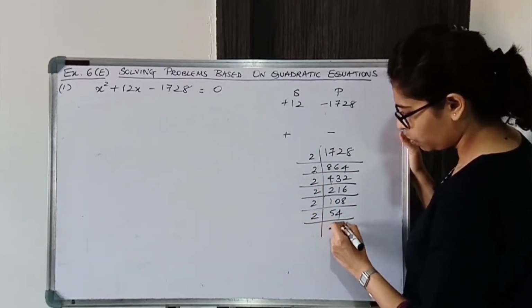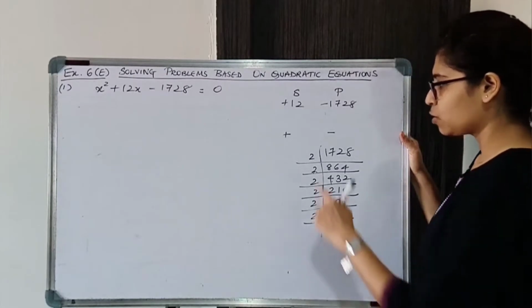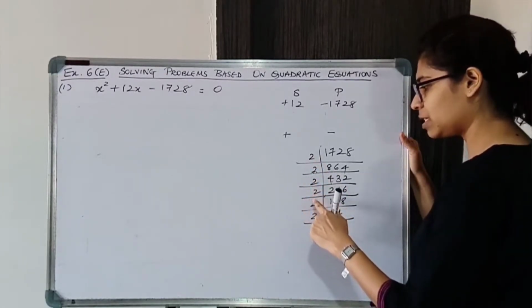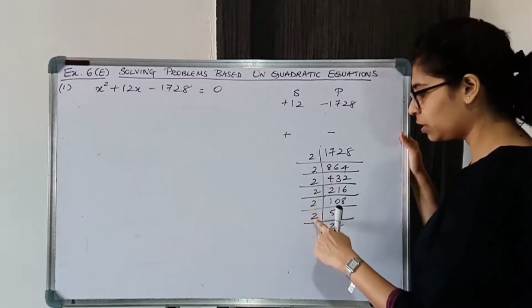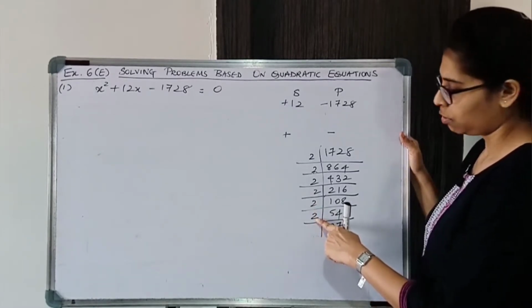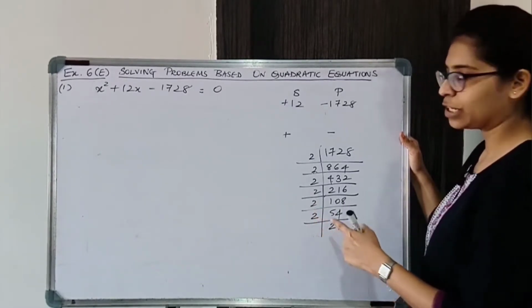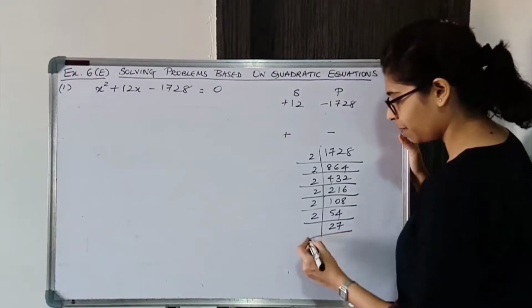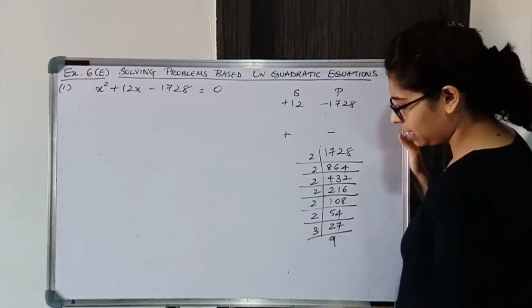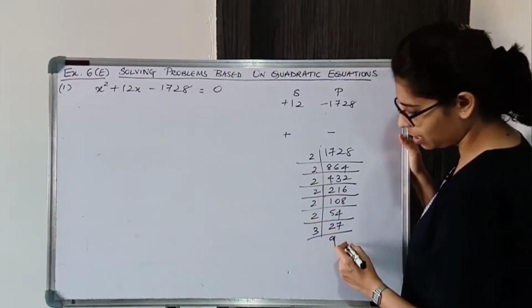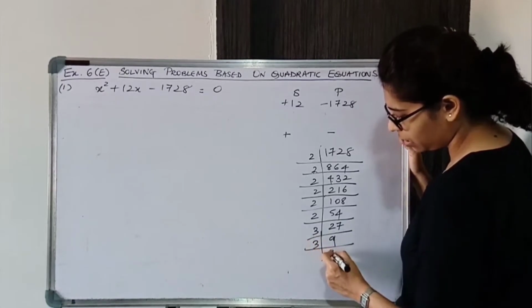2 27s are. So 2 2s are 4, 4 2s are 8, 8 2s are 16, 16 2s are 32, 32 into 2. That will give me 64. 64 and 27 का difference will not give. 3 9s are, again we will get big difference. ठीक है. So 3 3s are and 3 1s are.